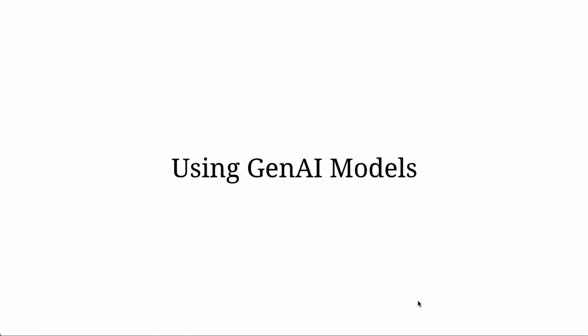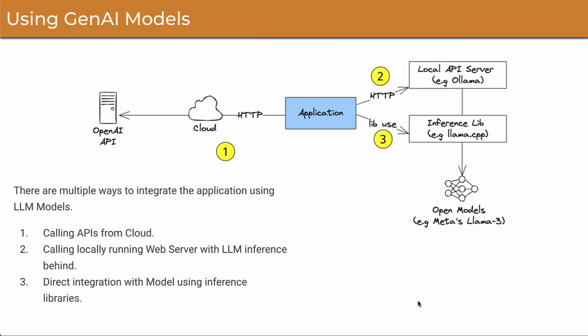We have seen various models and explored the factors in choosing one suitable for our work. Next, we will look at how we can use Gen AI models. Basically, there are three ways to use the generative AI models to integrate in our applications. Most common and easy to start with is calling the Model as a Service API available in the cloud, such